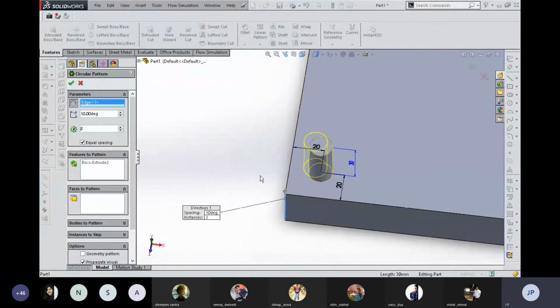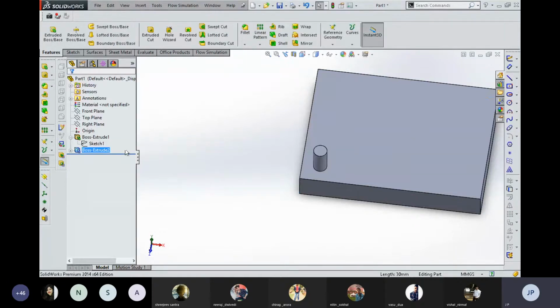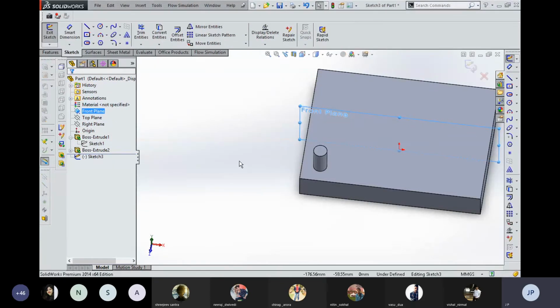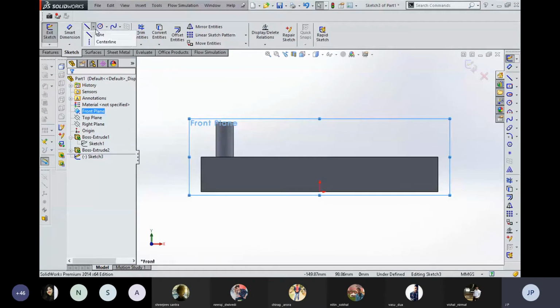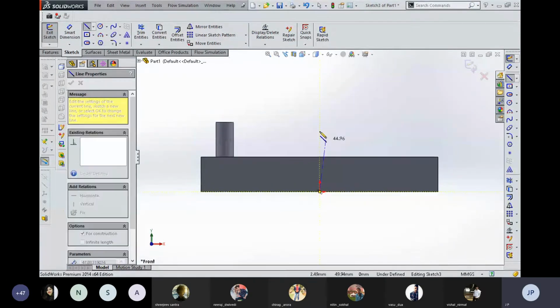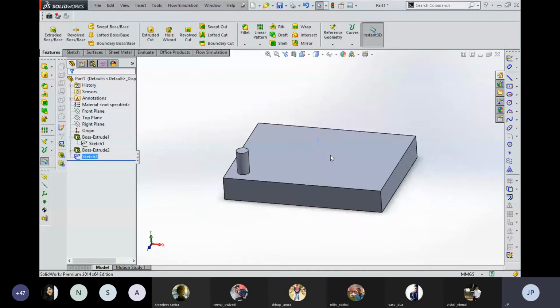If you want to create this component at the center of this parent item, for that we need an additional axis. We can create an axis at the center of this component. I am just showing you how we can do that. We can sketch on this perpendicular plane with respect to the parent component and then click over here. I am going to create a central axis. So these modifying features are useful as per your use, and if you practice as per your need, you can modify this.